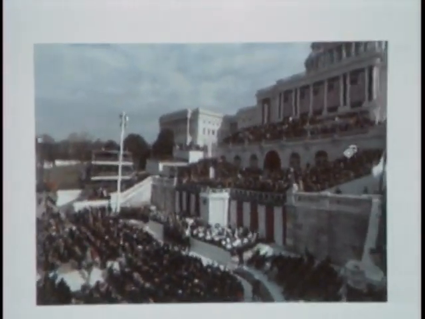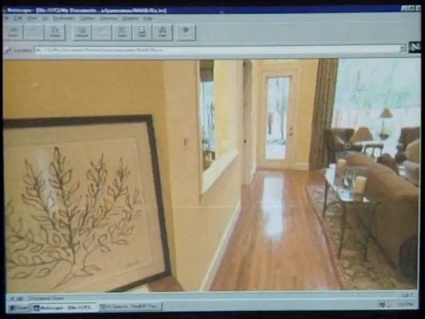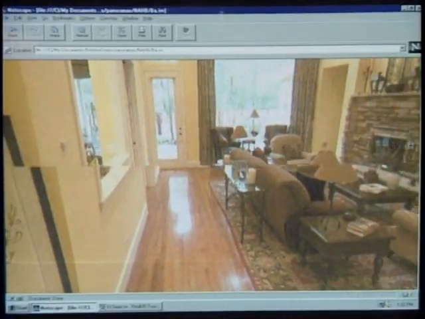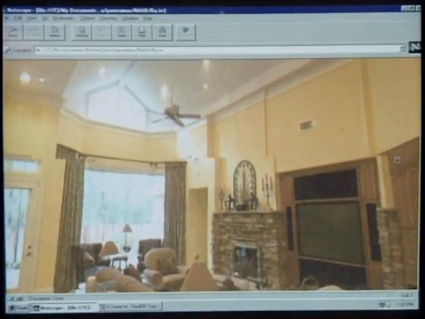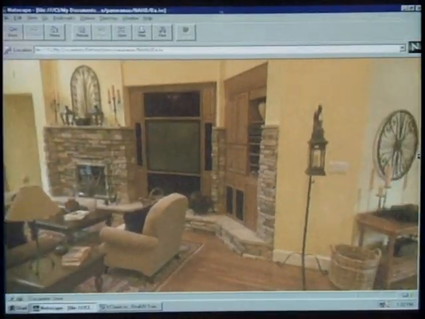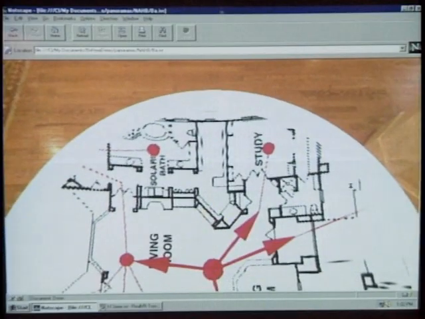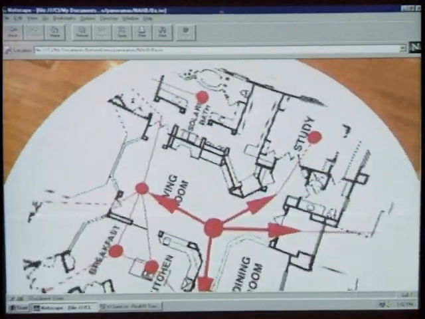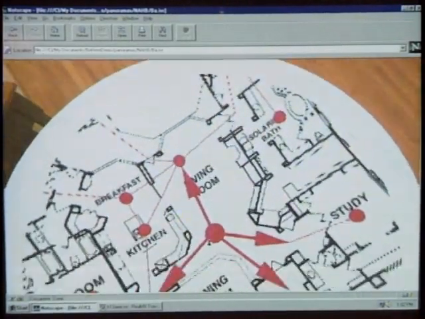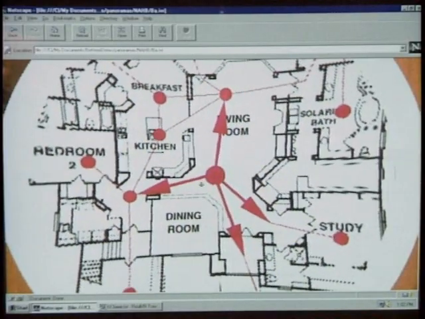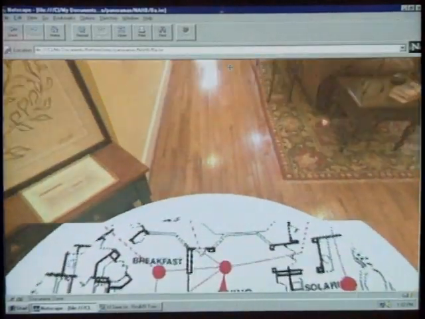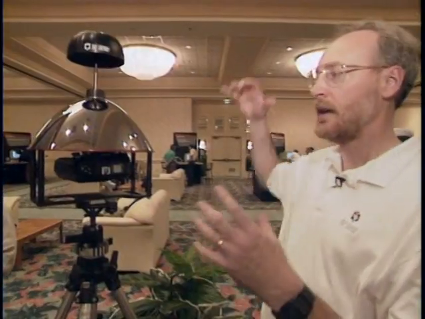Again, limited availability to actually physically that are in the house. Nice fireplace, you can move up, and we can move down. But we've also integrated a map. So as you can see the layout of the house. So if you want to go up to the living room and come back up here, again, so you